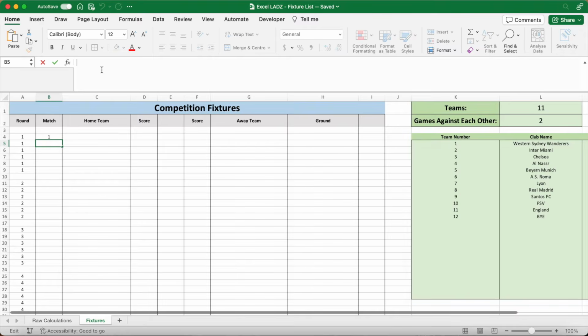This formula is going to be slightly more simple. It's equals if there's a number in cell A5, so ISNUMBER(A5) equals true, then return an IF function, and that IF function is going to be if there is a number in B4, so ISNUMBER(B4) equals true, then return B4 plus 1. If that's not true, return 1, close the bracket, and if the initial logical test is false, return nothing, close